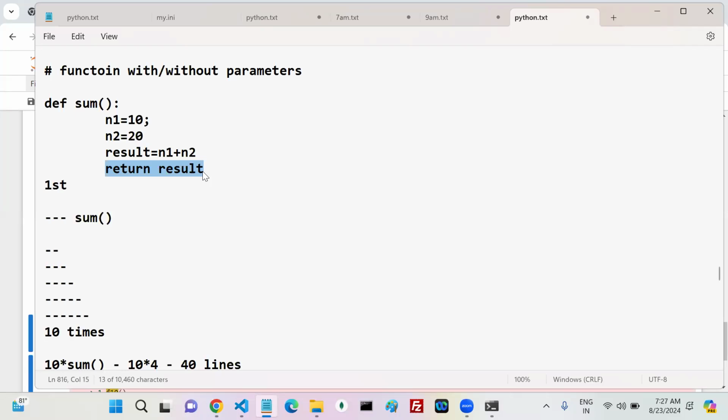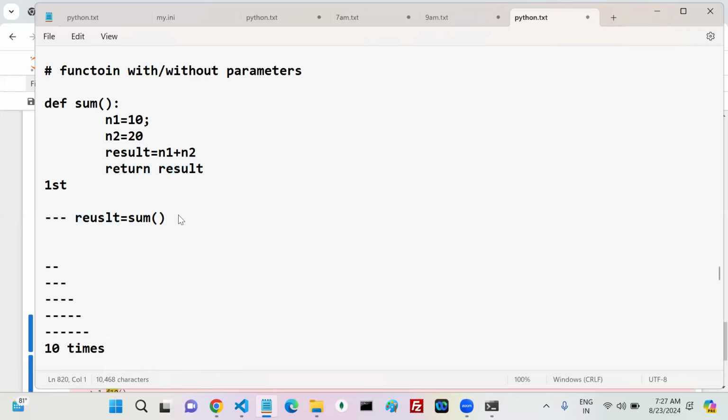By creating a variable, so that when my sum gives me some result, I can store that result in the variable. You know the syntax, right? result equals some value. That's it. Now tell me, what is the result? 30 is my result or not? Result is nothing but the return value.